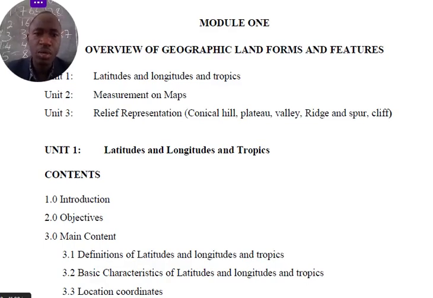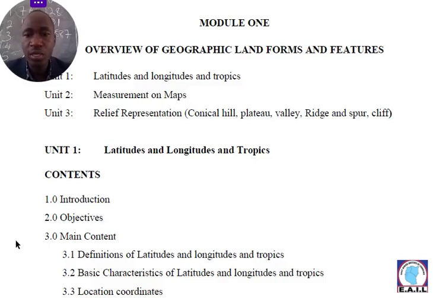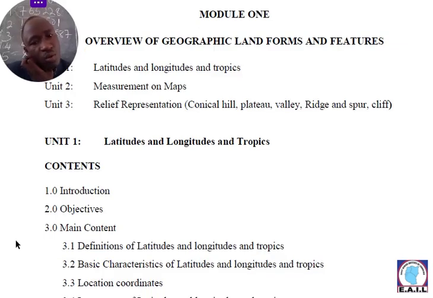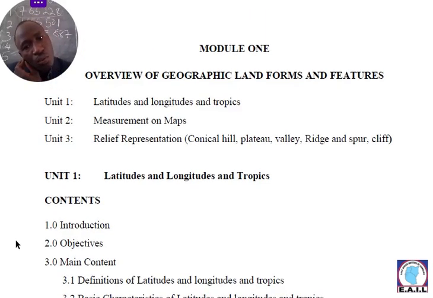This time around, we are going to be looking at practical geography. With practical geography, we are mainly going to look at what it contains. We shall be looking at around 4 units: the overview of geography, landforms, and also the features. But most importantly, we shall be looking at